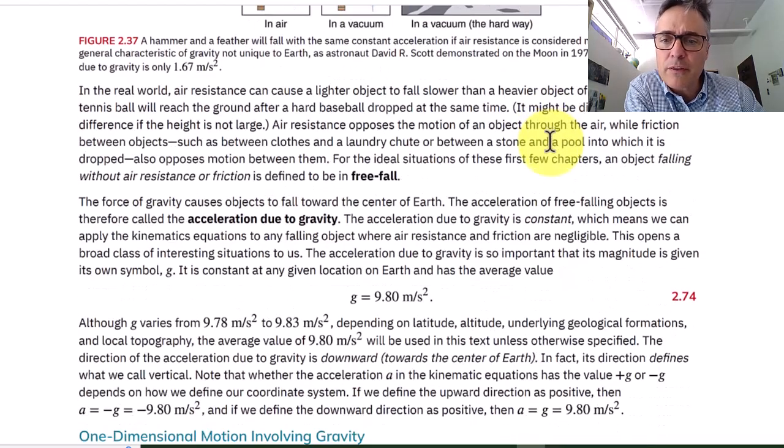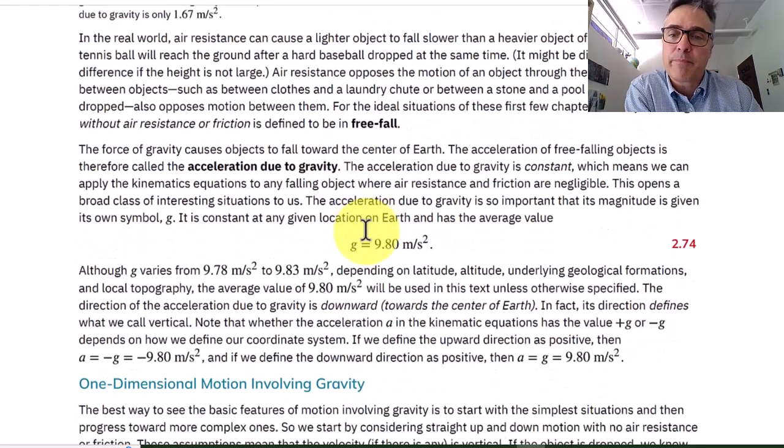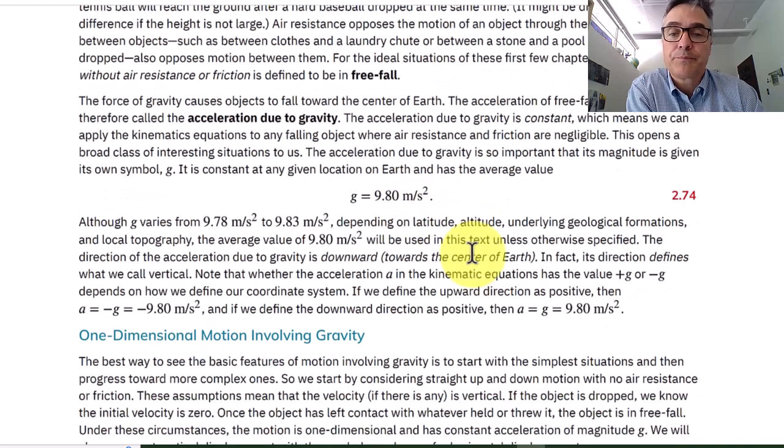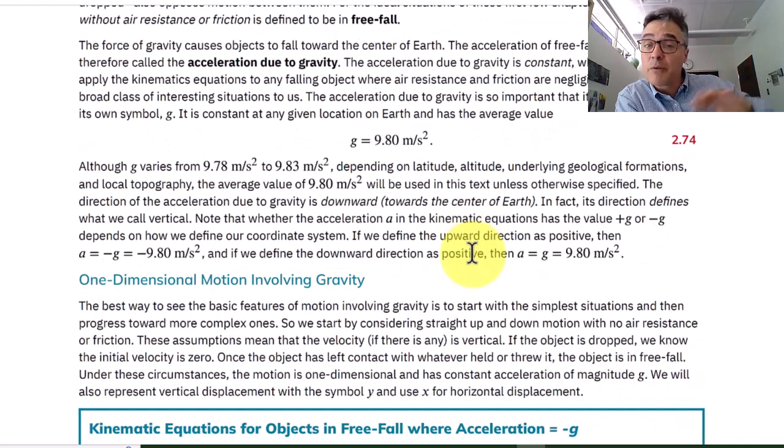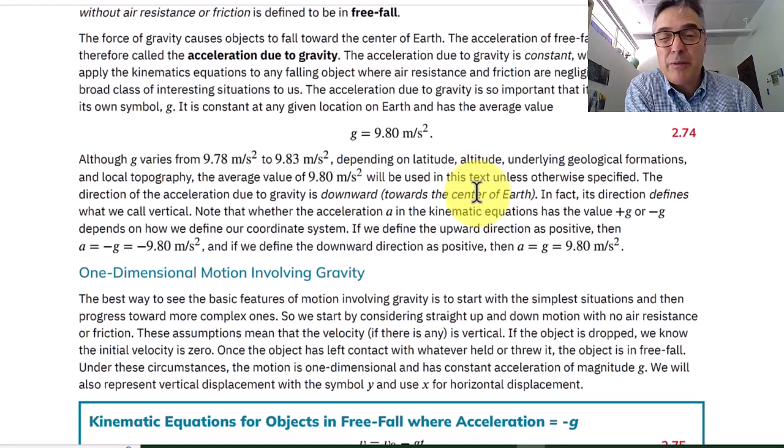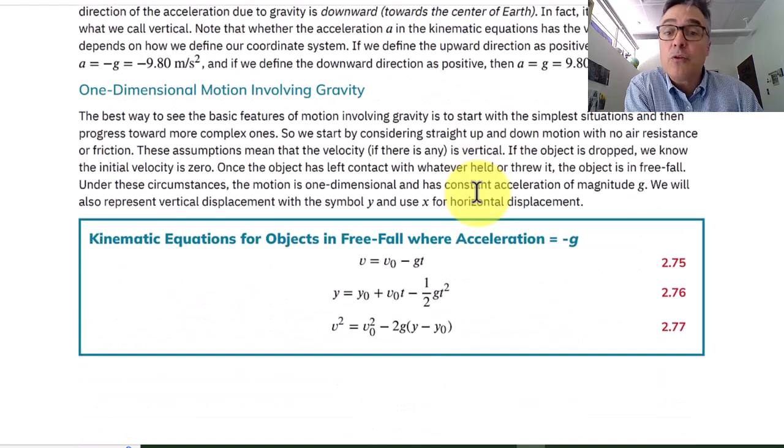So here on Earth, the acceleration due to gravity for objects that are not affected much by air resistance is 9.80 meters per second squared. So if it was a vacuum, everything would fall at this rate. But if there is air, then really heavy or very condensed objects will fall with approximately this rate, maybe a little less. So once you know that, there are these same kinematics equations, which are the equations of constant